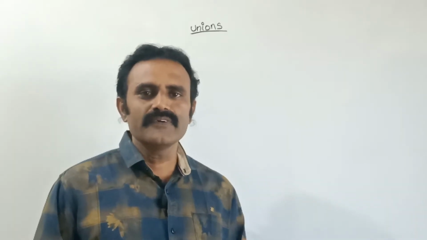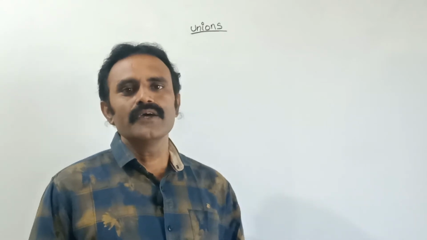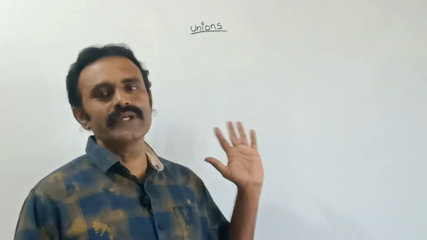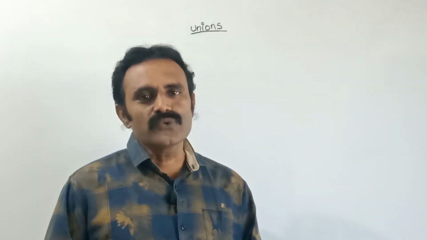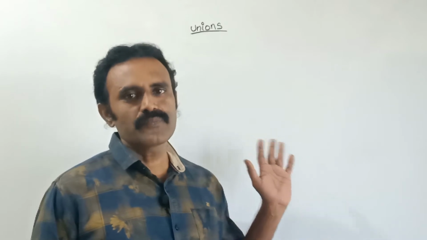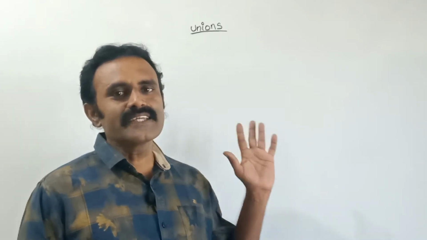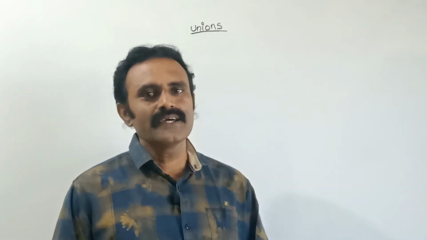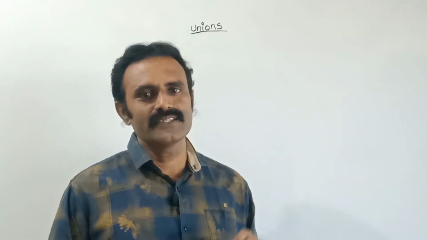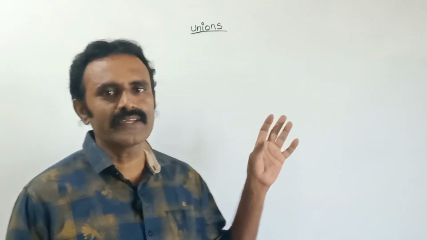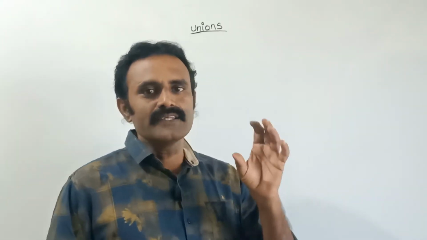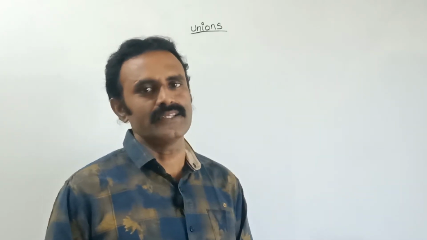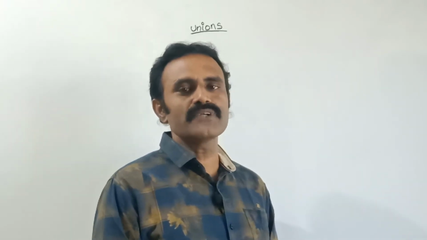Hi guys, now we are going to see the topic about the union in C programming language. What is union? The union is a user defined data type in C programming language. It is a collection of member variables of different data types in the same memory location. The union can have any number of members. Each and every member will occupy the same memory location. Now let us see the syntax of the union.